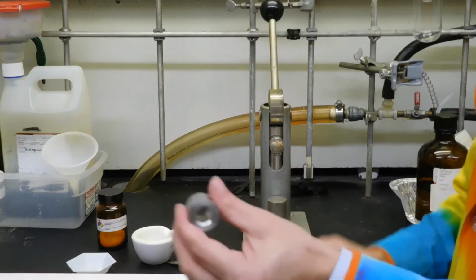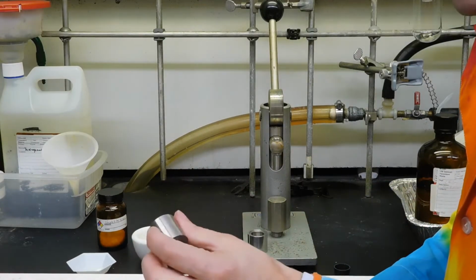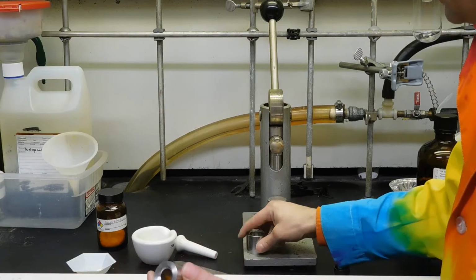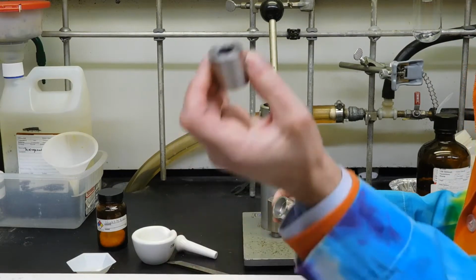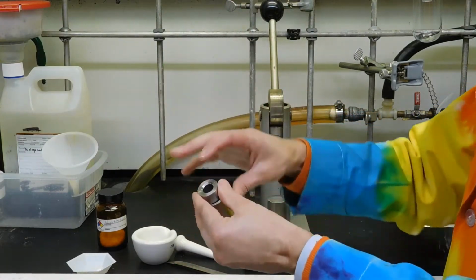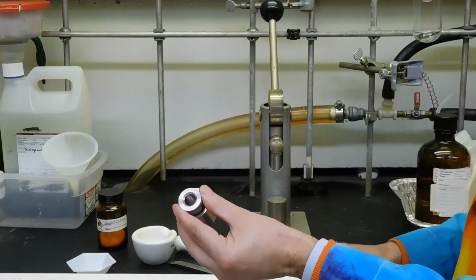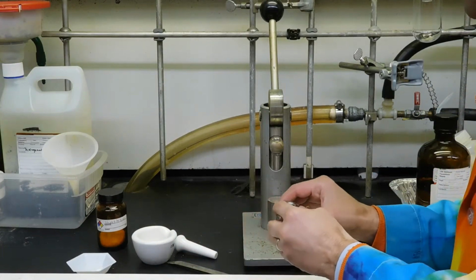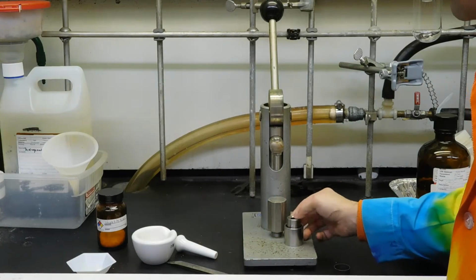We make the pellet inside this little cylindrical piece of stainless steel, and we do it by putting the flat side down in this cup here, and we put the powder in here. We keep the beveled side up. It's very important that the beveled side be up, and then we'll press it. Now, before we can press it, first,